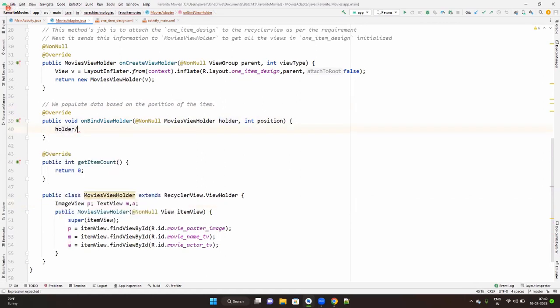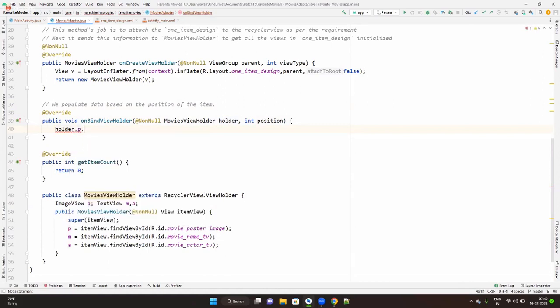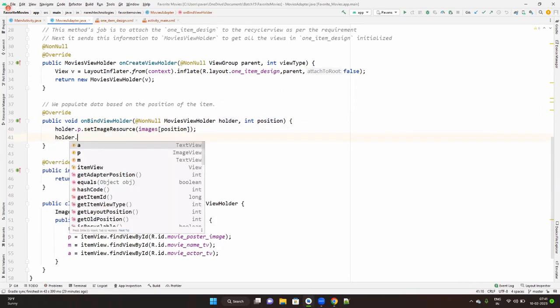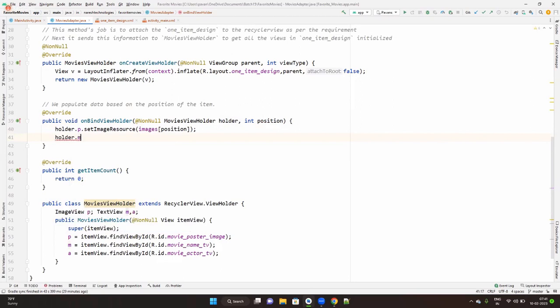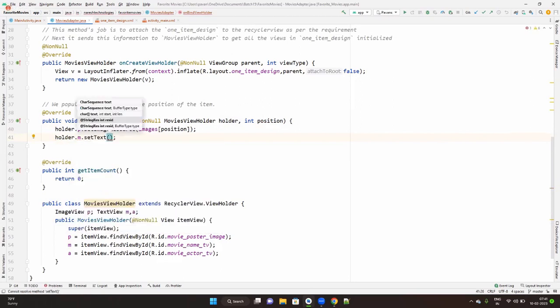So you would write holder dot poster dot set image resource of images array, and you would get the appropriate image based on the position of the item. So you pass this position variable to images. In a similar way, holder dot M, which is movies, dot set text of